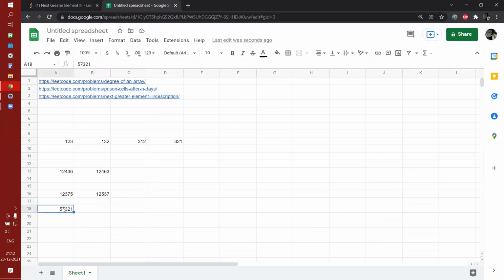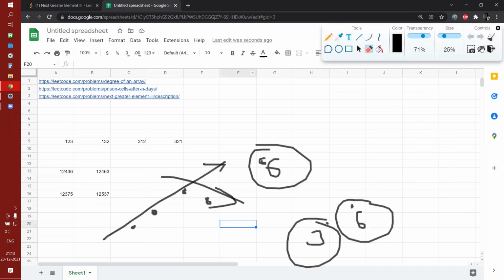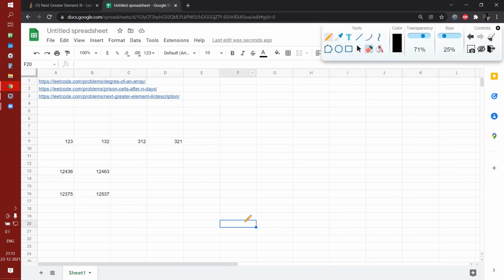Cool, correct. So your approach is correct. Although we can do one more thing: we can iterate from the back and detect where the graph is breaking. We got the 5, we got the 7, meaning the graph was like, one second, let me clear this out. The graph was this: this is 7, this is 5.